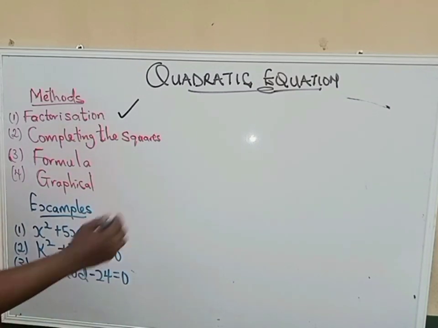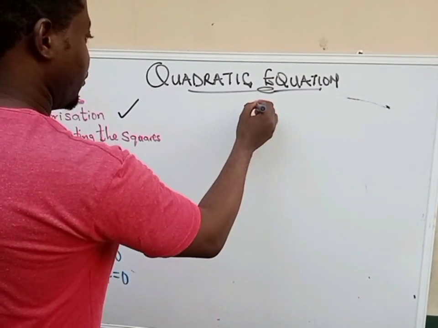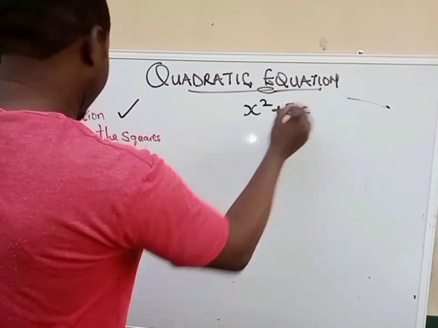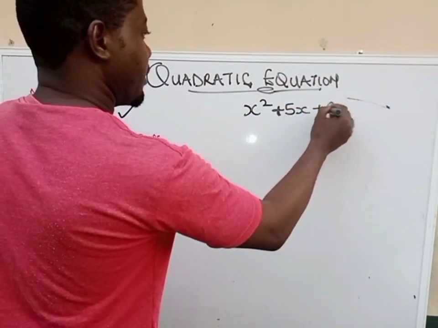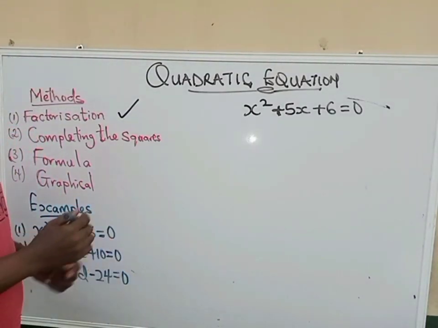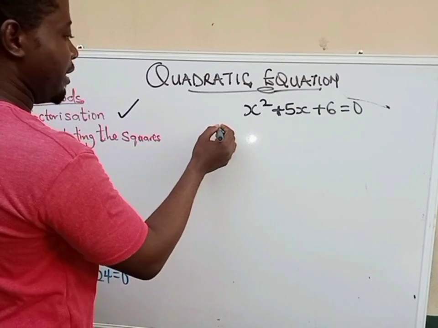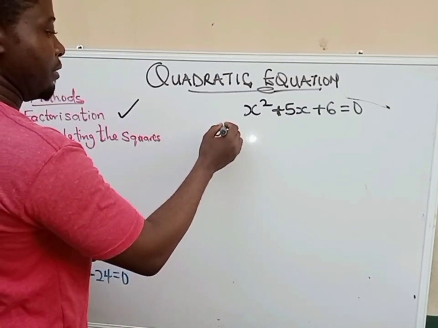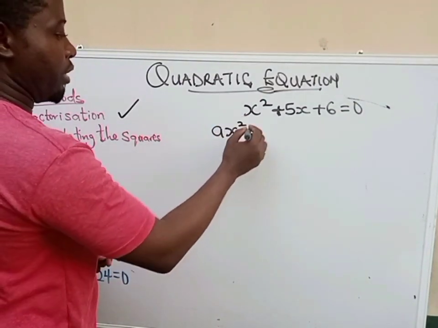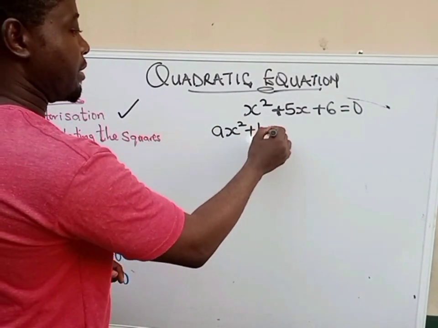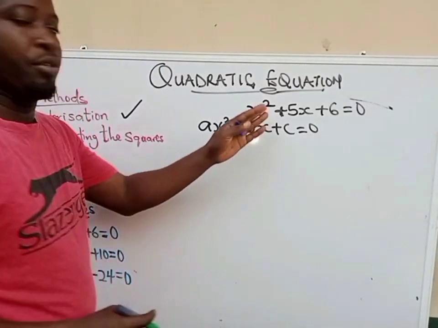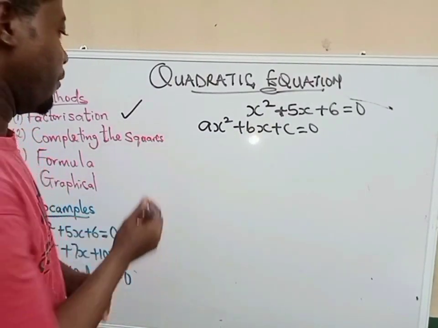The first example says we should solve x squared plus 5x plus 6 equals to 0. Before we start solving, we have to know that the general form of quadratic is ax squared plus bx plus c equals to 0. And that is what we are going to use to solve this quadratic equation,